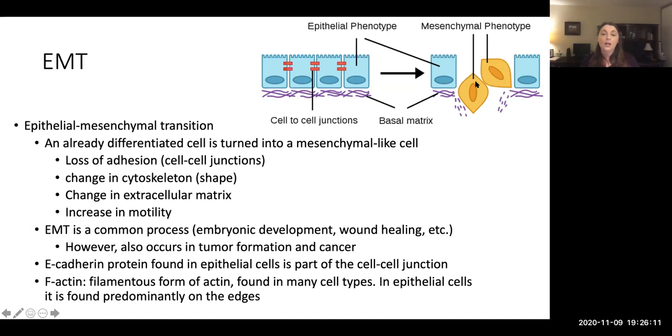They're now free to move away. You've changed their shape. You've changed their cytoskeleton. You've also changed their extracellular matrix, and you've increased their motility. And so now they're able to break away and move around. Okay. And that's how you can easily see how that would be